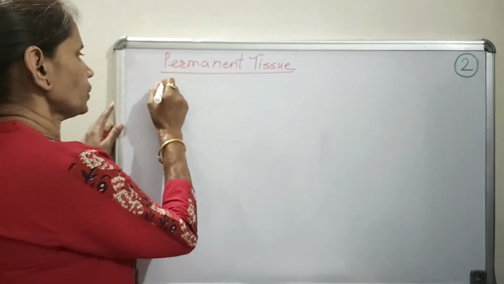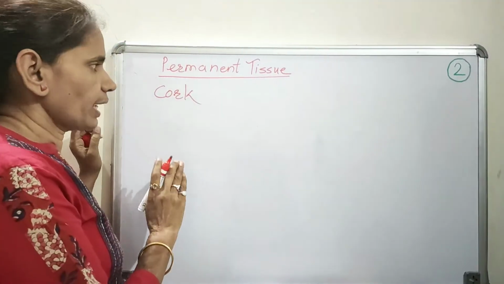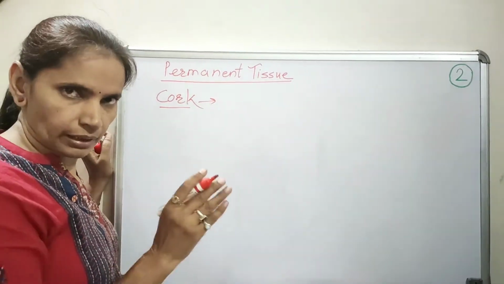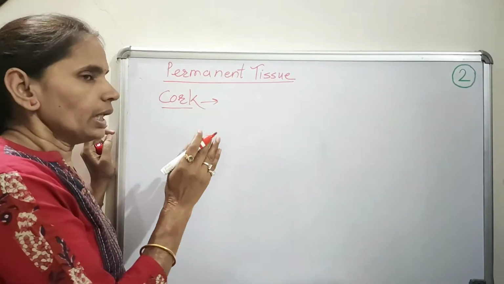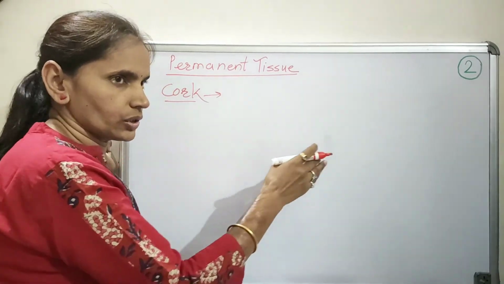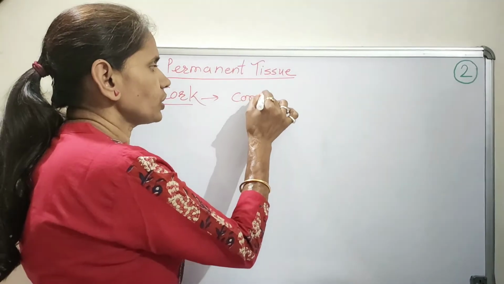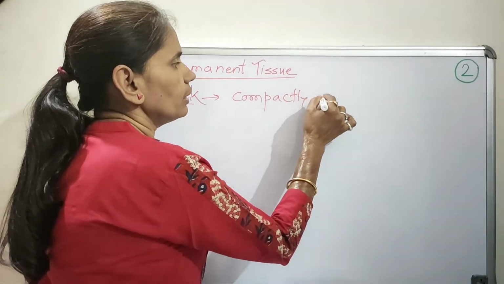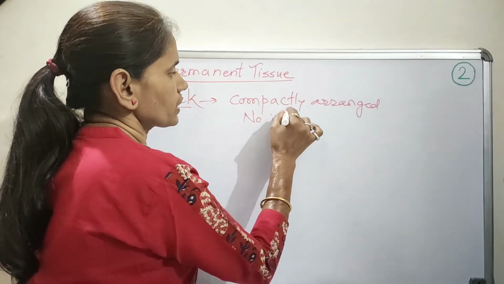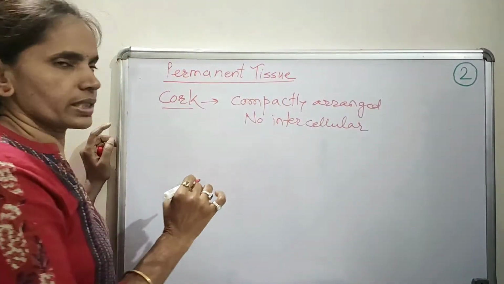The next tissue, that is the simple permanent tissue which has a protective role, is the cork. Now a strip of secondary meristem forms the cork. Now if we compare the epidermis from a younger plant with that of a large tree, we will observe that the cells of the cork are more compactly arranged, and these are without any intercellular spaces. So no intercellular spaces and a more compact arrangement are the characteristic properties of the cork cells.